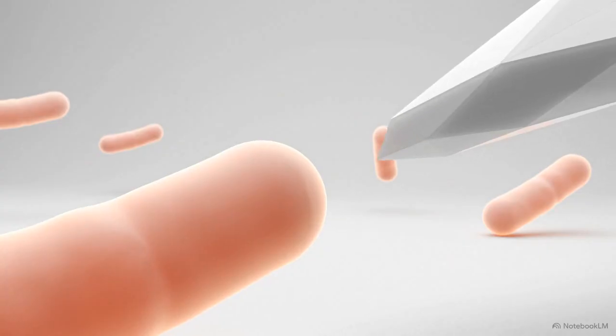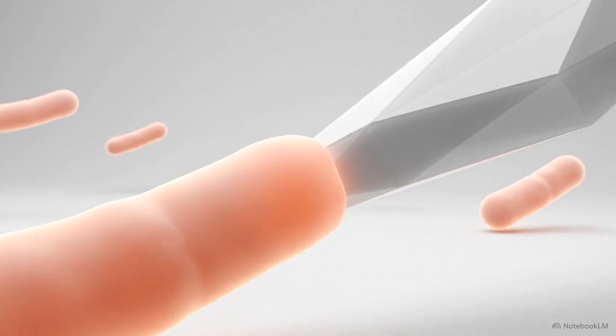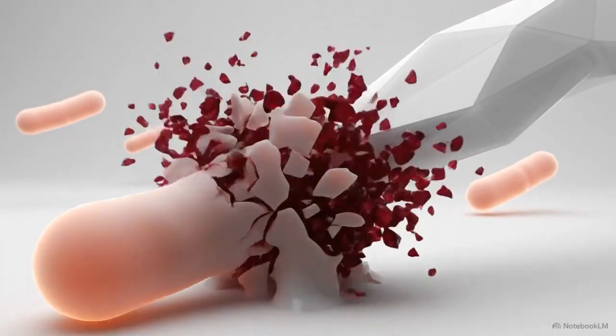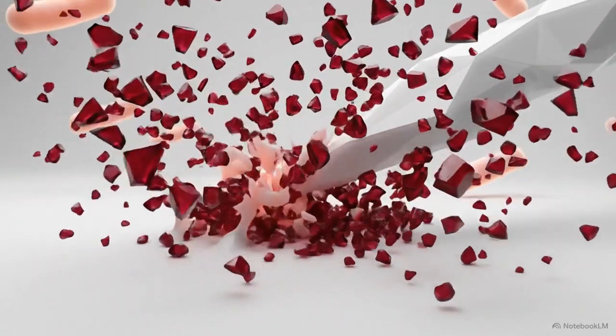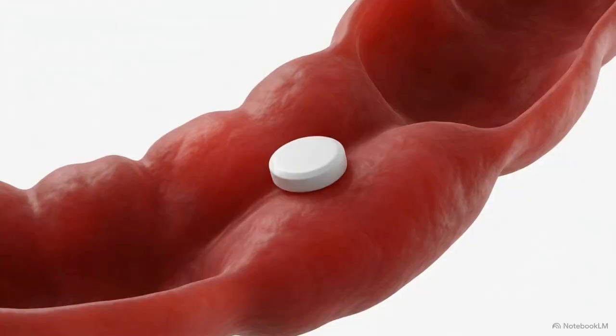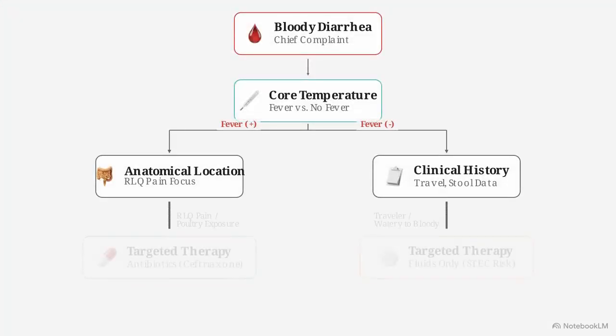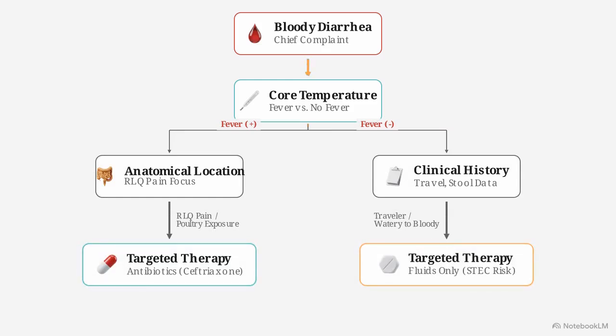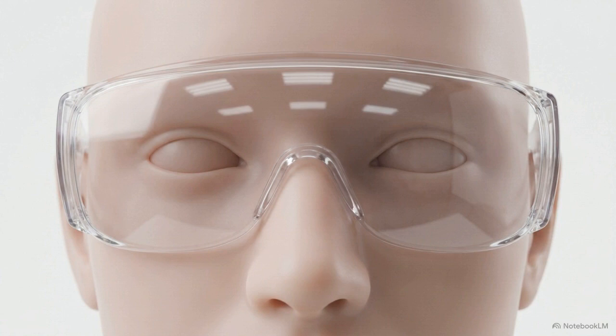For example, immediately administering standard antibiotics to certain bacterial strains can unexpectedly initiate a dangerous cascade of severe systemic complications. Similarly, utilizing standard antimotility agents can exacerbate the infection across all bacterial causes. The objective is to construct a decision tree that routes the patient from the chief complaint to a targeted, safe therapy. In cases of bloody diarrhea, clinical observation must dictate the management plan, superseding the instinct to immediately prescribe broad-spectrum